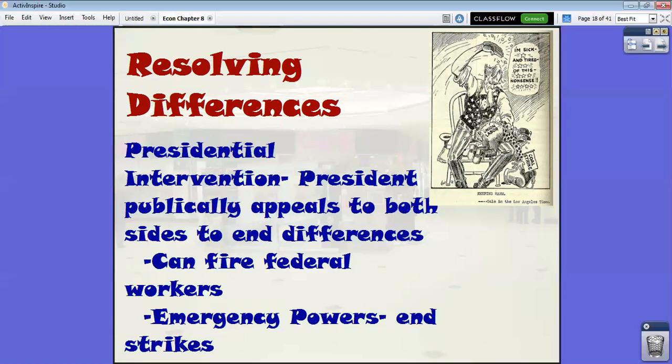For example, you read about this in your book. This applied to air traffic controllers when they went on strike. When we don't have air traffic controllers working, then we can't have planes landing or taking off. And it isn't just for travel, but for movement of goods, it all came to a stop. And with that consequence to the American economy being so extreme, the president got involved and got those workers back on the job. So that's our last type of resolving differences.